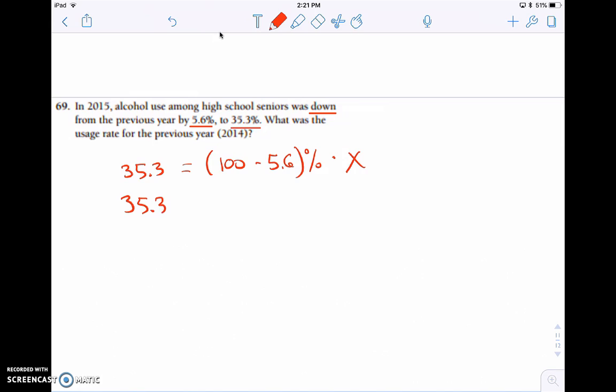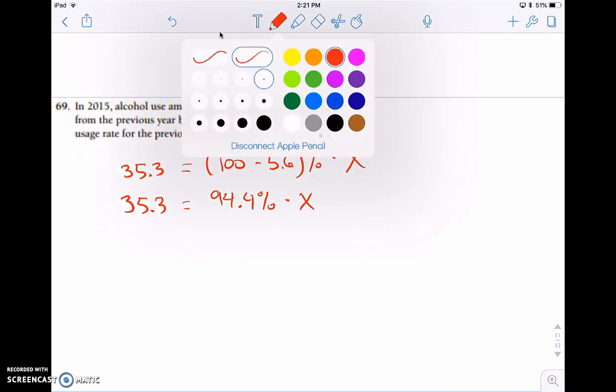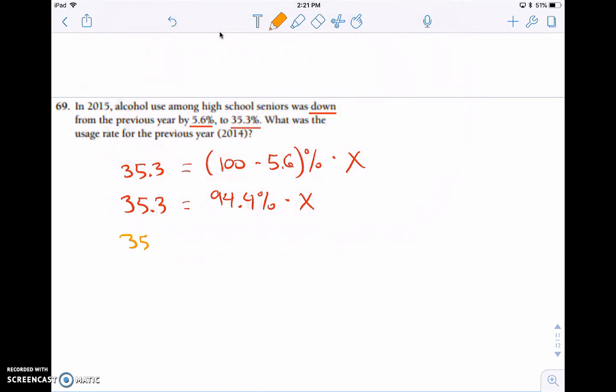So this would be 35.3 equals, now when I subtract that off of there, we are going to get 94.4%, still times x, and I'm going to change that 94.4% to a decimal, so this will be 0.944 times x. So I'm going to divide by 0.944, divide by 0.944,